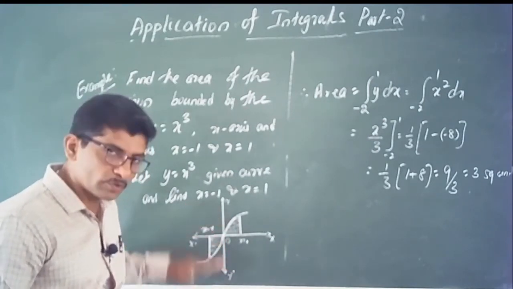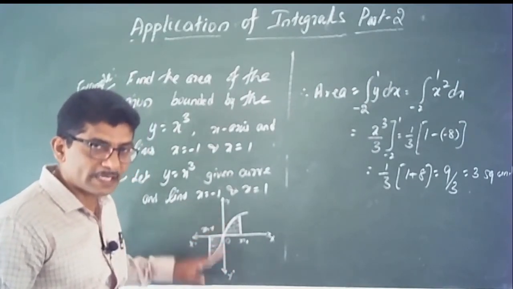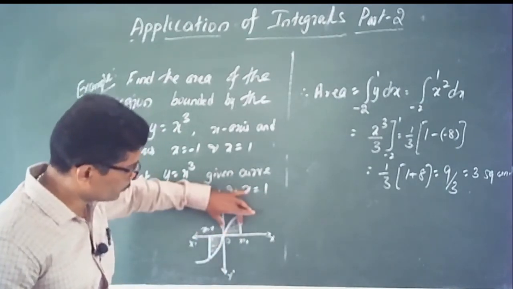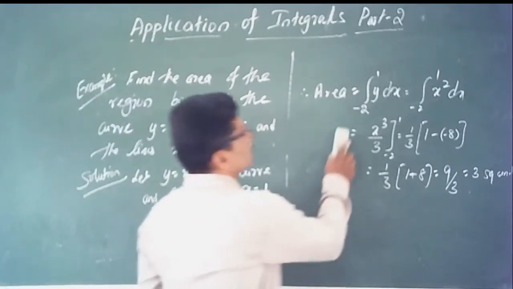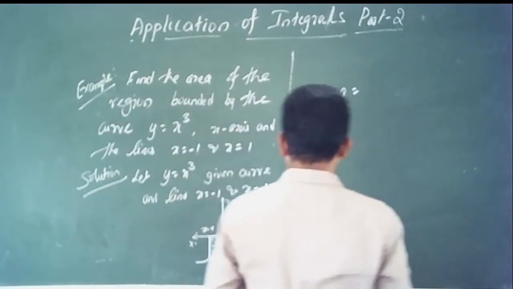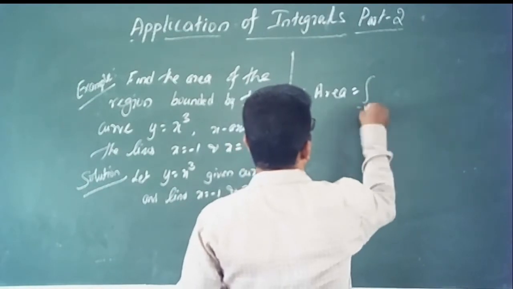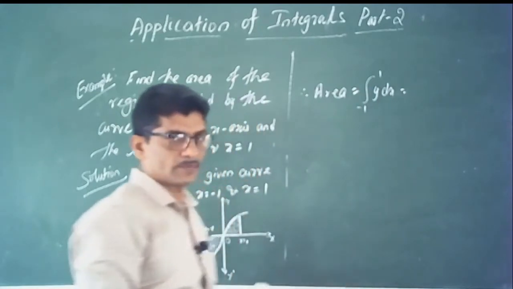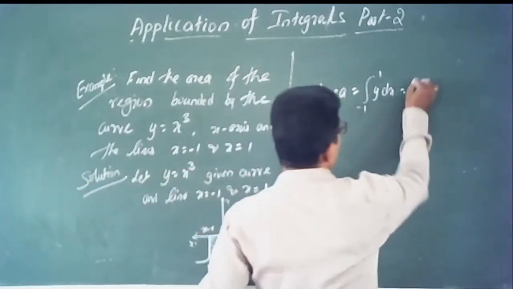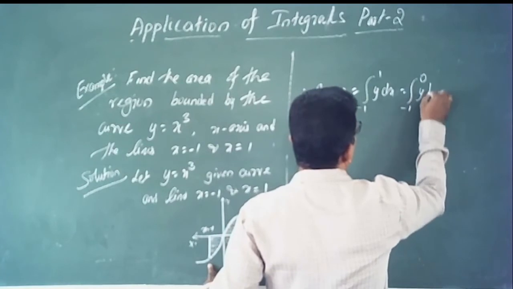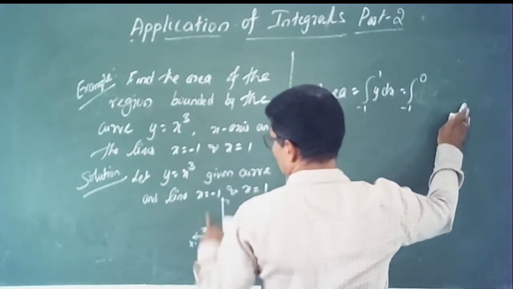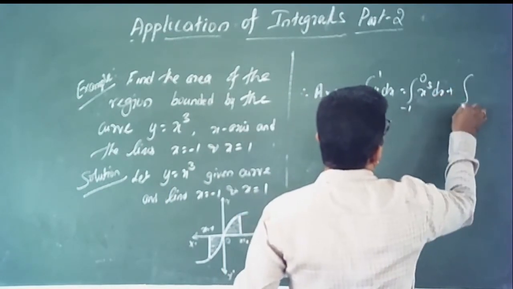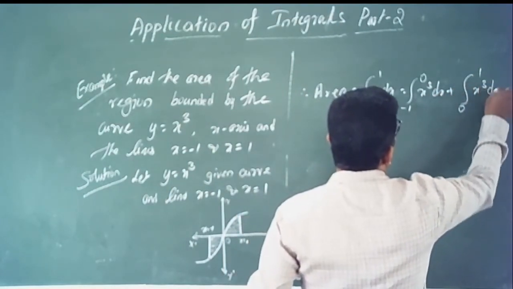This portion is below the x-axis. You get the negative area. Therefore, here taking modulus sign. ಇಲ್ಲಿ ನಾವು ಮಾಡ್ಯುಲಸ್ ಸೈನ್ ತಗೋಬೇಕು, ಇಲ್ಲಿ ಡೈರೆಕ್ಟ್ ಆಗಿ ಬರೀತೀವಿ. Therefore the required area is equal to, ನಾವು ಹೀಗೆ ಬರೆದರೆ ರಾಂಗ್ ಆಗುತ್ತೆ, -1 to +1 y into dx. But with the help of figure ನಾವು ಇದನ್ನು ಹೇಗೆ ಬರೀತೀವಿ, -1 ಇಂದ 0 y into dx. What is the value of y? y ಅಂತ ಹೇಳಿದ್ರೆ ಏನು, x cube into dx plus 0 to 1 y ಅಂದ್ರೆ x cube into dx.